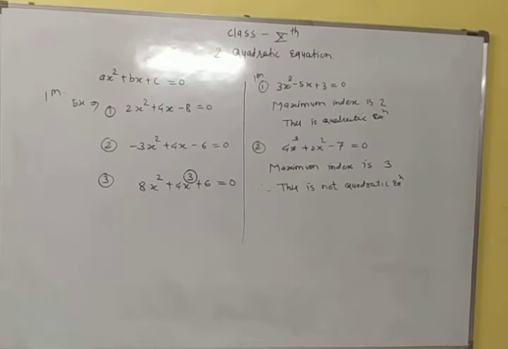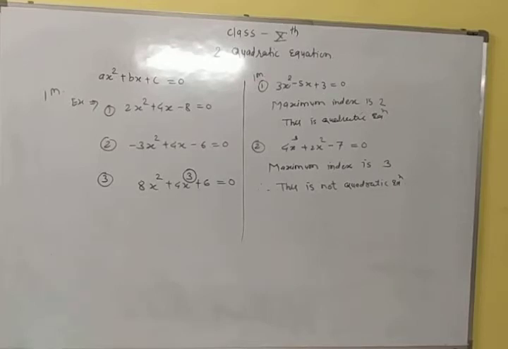Second topic is roots of a quadratic equation. Page number 32. In the previous class, you have studied that if the value of the polynomial is 0 for x equal to a, then x minus a is a factor of that polynomial. That is, if p of x is a polynomial and p of a equal to 0, then x minus a is a factor of p of x.